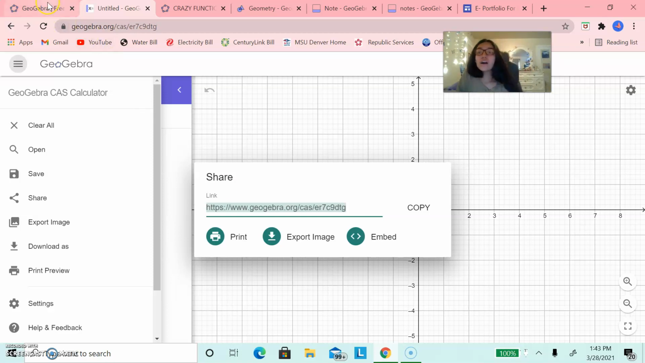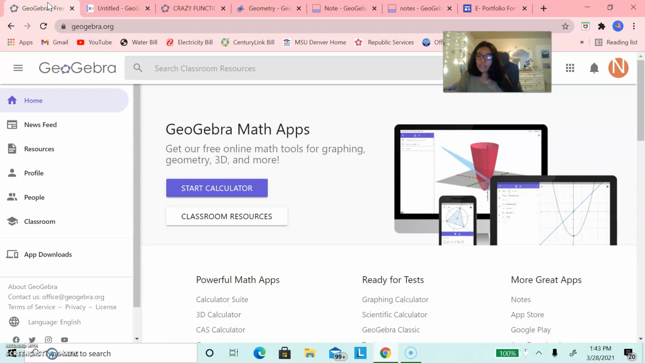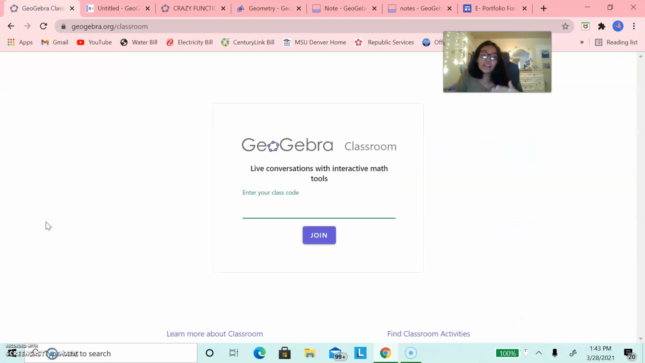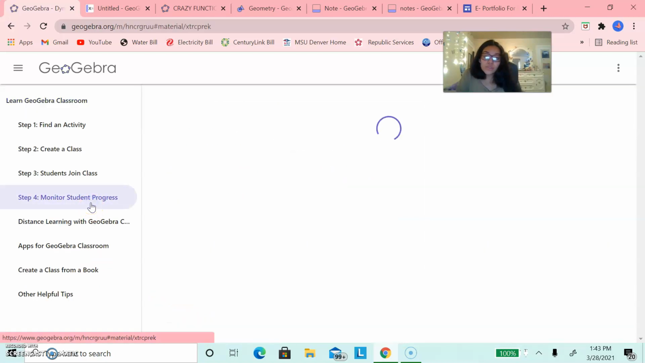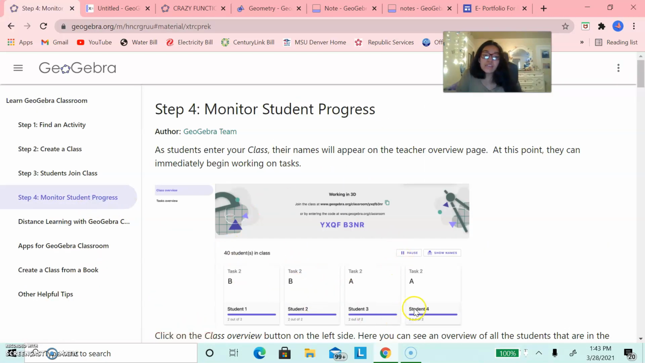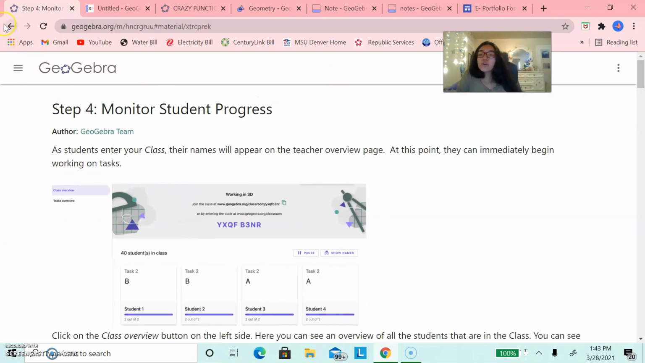It's also very engaging because as teachers you can create a classroom. The teacher creates a classroom. You'll be able to look at every one of your students and see what tasks they're in and how they're doing. And students as well will be able to see where they're at in their tasks. If we go back,